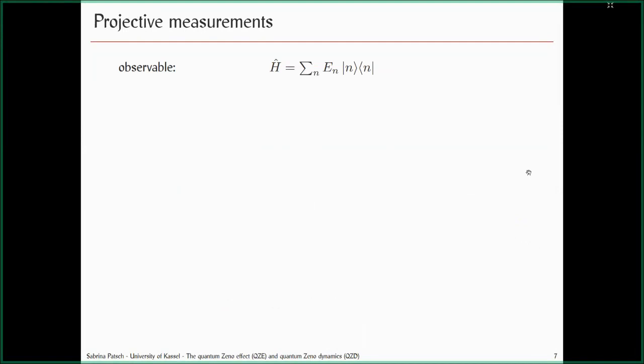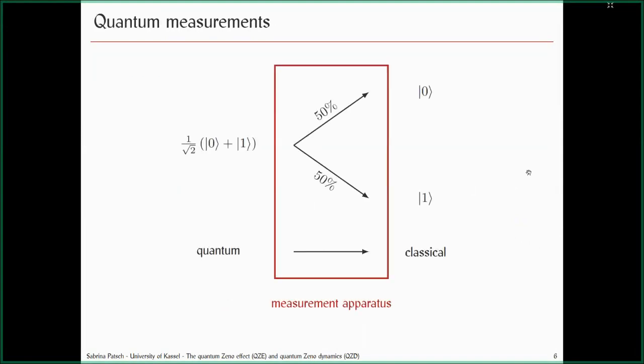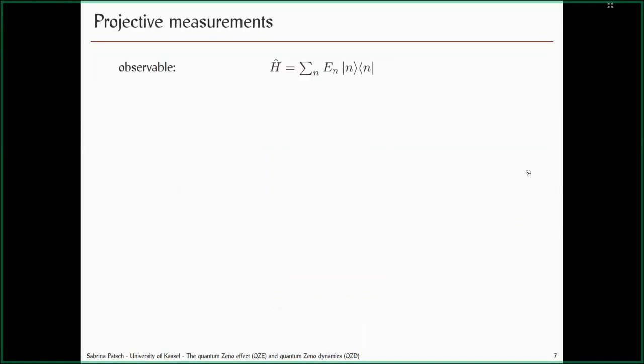We want to now describe a little bit more in detail what's actually happening in the measurement. How does this collapse from the superposition to one of the eigenstates go on? In the beginning, let's say we want to measure something. So what do we want to measure? We measure some observable. For instance, I wrote here a Hamiltonian or the energy function, but this could be any